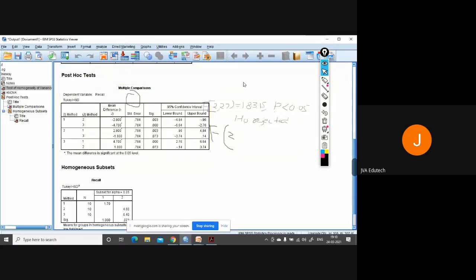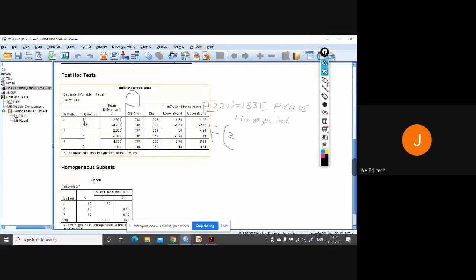So you can use this multiple comparison table and see whether there exists a significant difference between all three groups or not. So we came to know that yes, group 1 differs from 2 and 3. However, group 2 and 3 do not differ. So if we have to choose the method, we can choose method 1, and when it comes to choosing between method 2 or 3, you can choose any of these methods because there exists no significant difference.